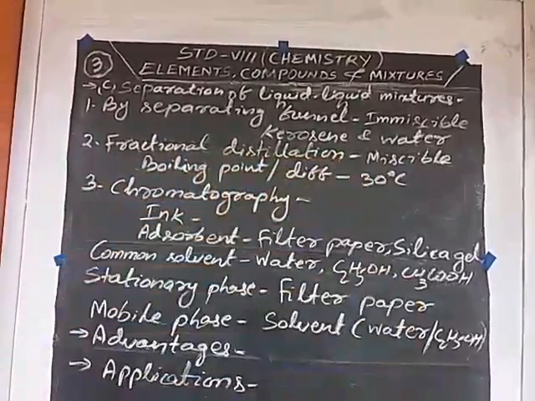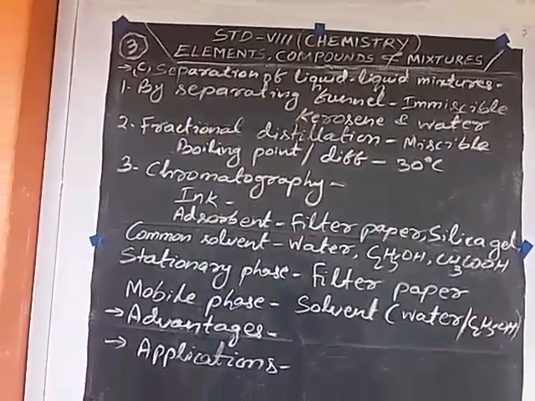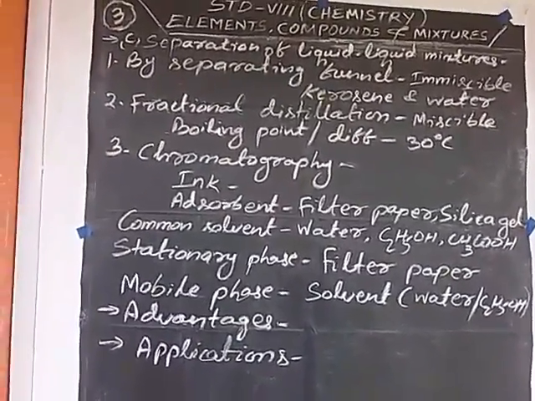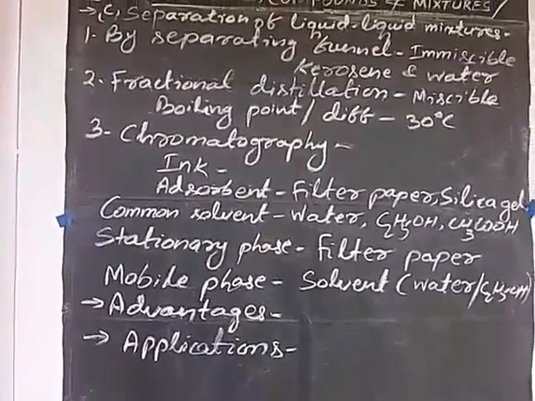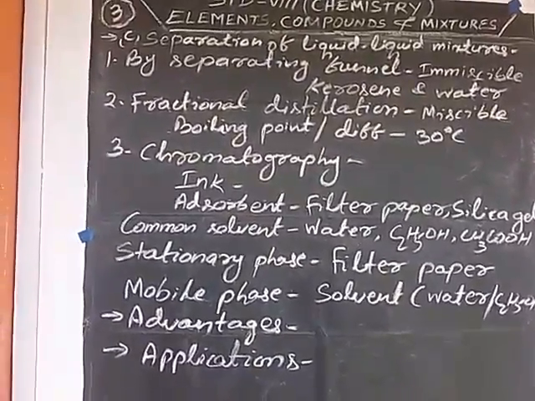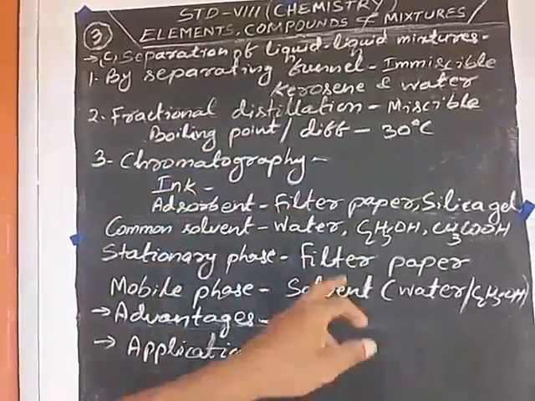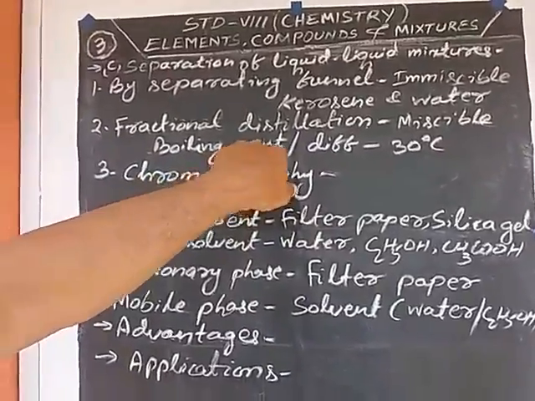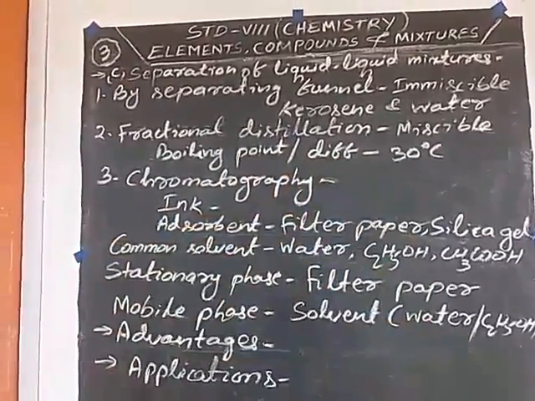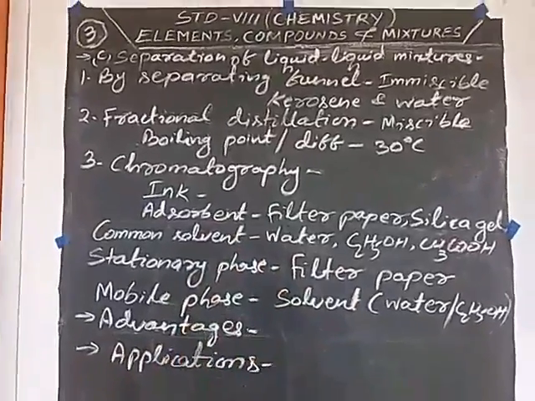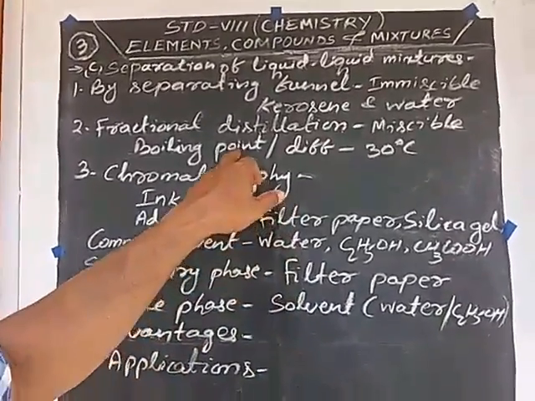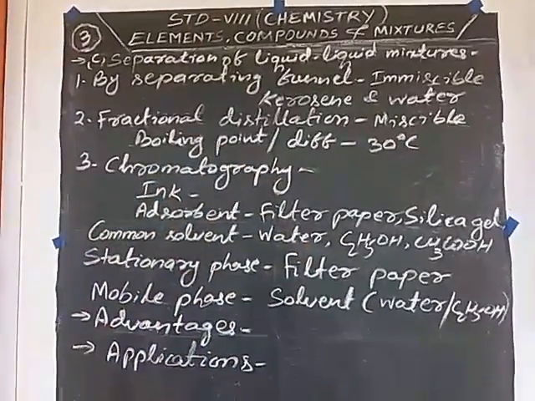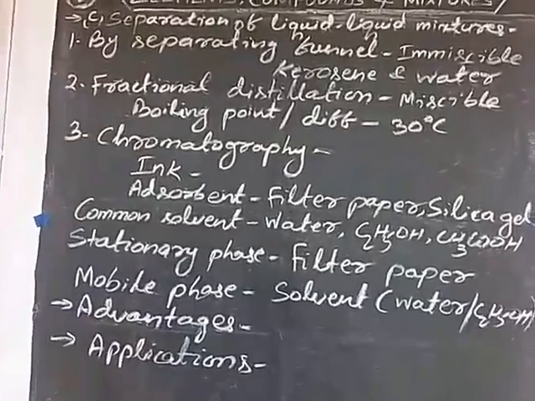Then the fractional distillation method, for miscible liquids. This process of distillation is used for separating homogeneous but miscible liquid mixtures, in which the liquids have different boiling points. The liquid whose boiling point is less evaporates first, then the gas is condensed to form liquid and collected. Then again you heat, and the one whose boiling point is next, just above the first one, is collected by condensing it.